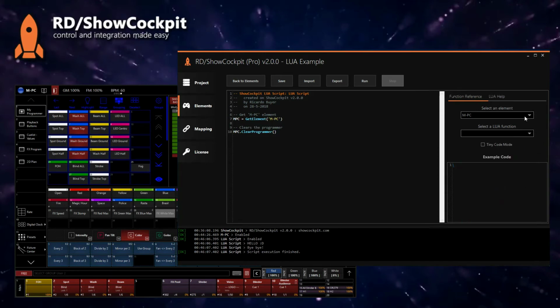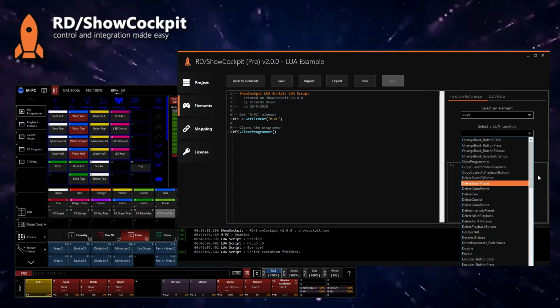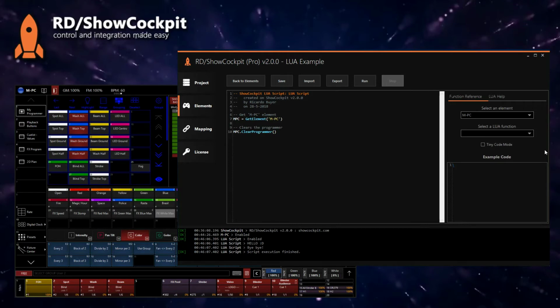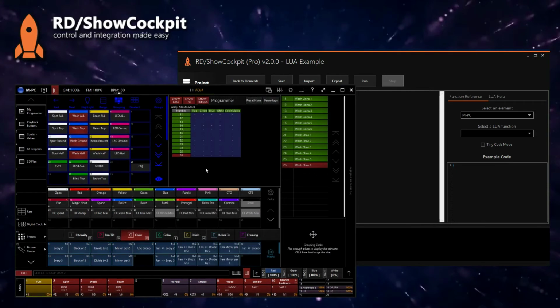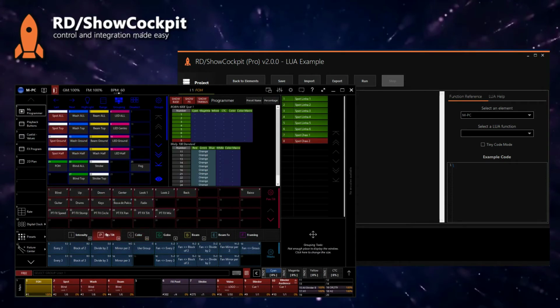If you have other elements, then you can select your element over here, and the second drop down will change for the functions available for that new element. So in our case, we are getting the element MPC, and then we are calling the clear programmer function for that object. And if we run this script, well, actually before running, I'm just putting something on the programmer, some